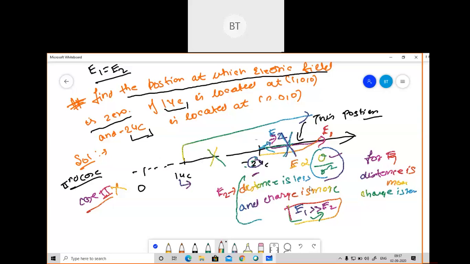So is this thing clear, why it is not possible here? Because if you see for E2, the distance from here to here is very less, and the charge is more, so it is obviously more than 1. And for E1, the distance is very much, and the charge is very less. So if you calculate E1 and E2, in that case E1 will be greater than E2, which we are not considering. So that is not possible. Always E2 should be greater than E1. In the last class, if you see the video, you can find it there. So this case is eliminated here.